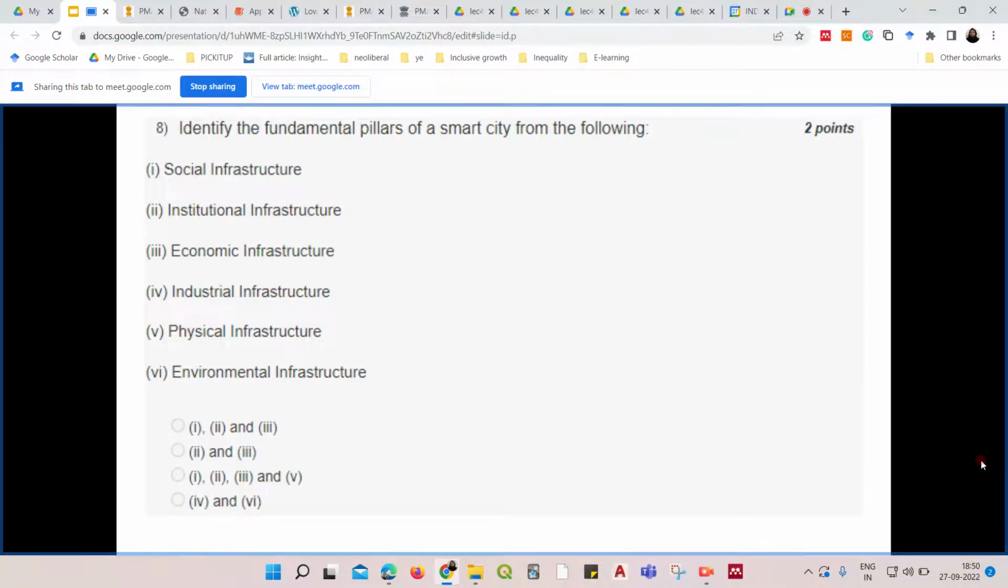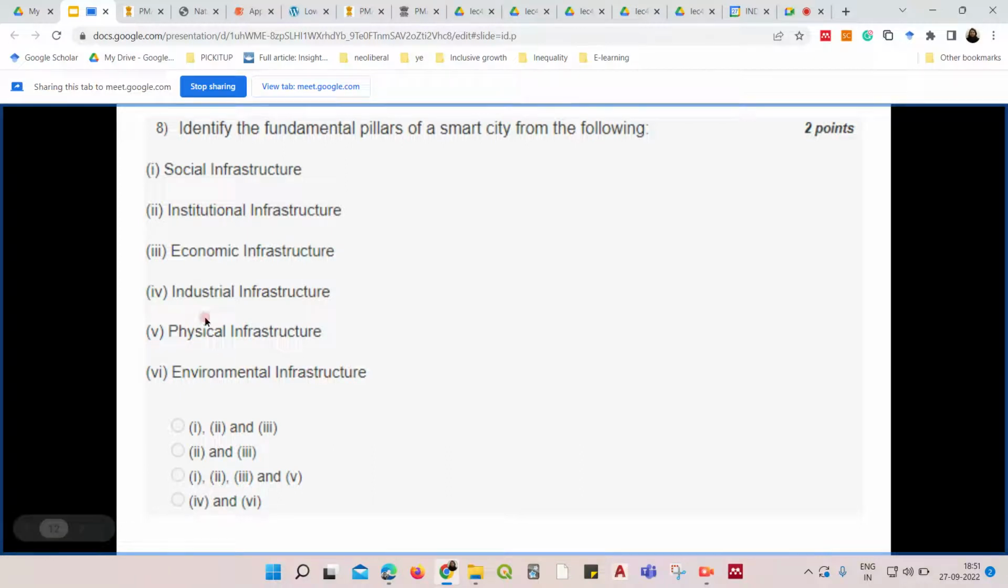We'll move on to the last question for today, which is: identify the fundamental pillars of a smart city from the following. And you're given 6 options: social infrastructure, institutional infrastructure, economic infrastructure, industrial infrastructure, physical infrastructure, and environmental infrastructure. So first thing right away you can do here is see if some of these infrastructures which they've mentioned are already a subset of other options which are mentioned. For example, if you see